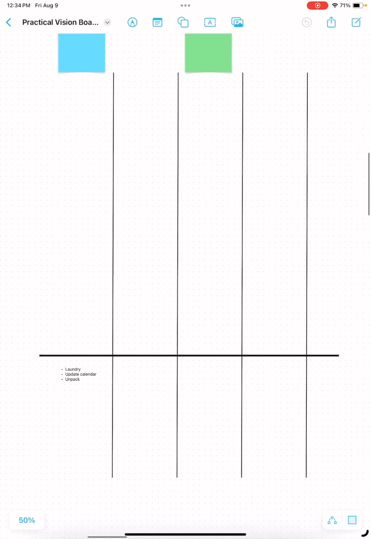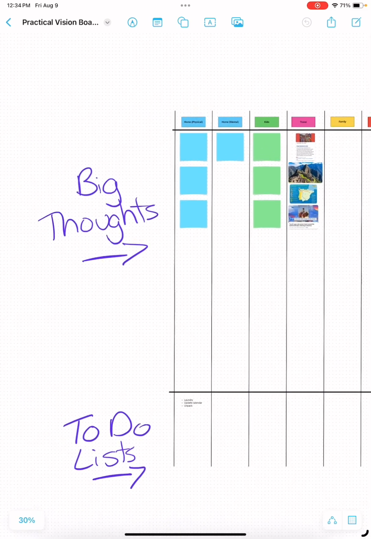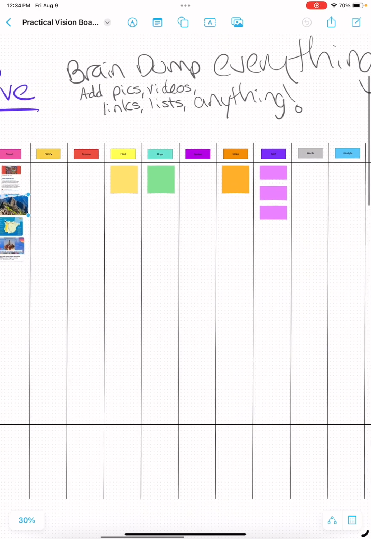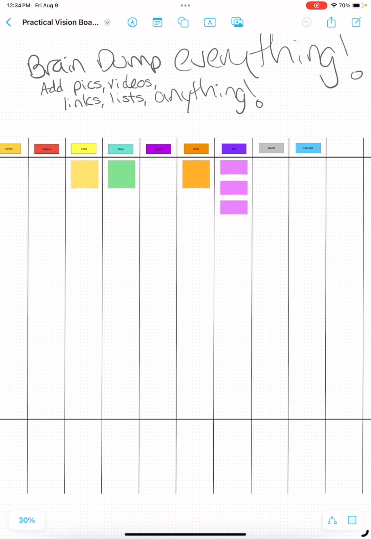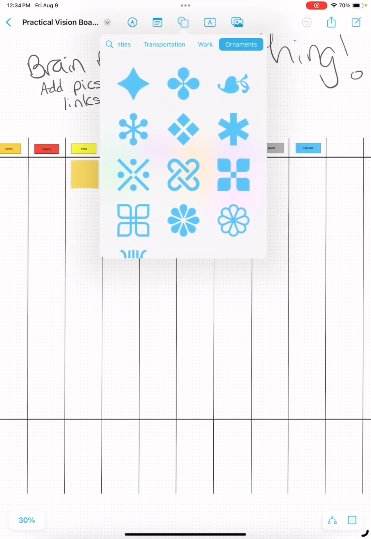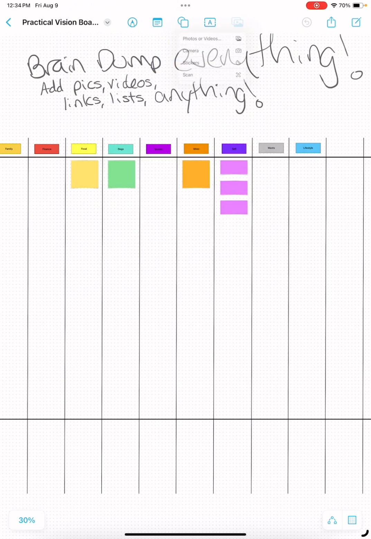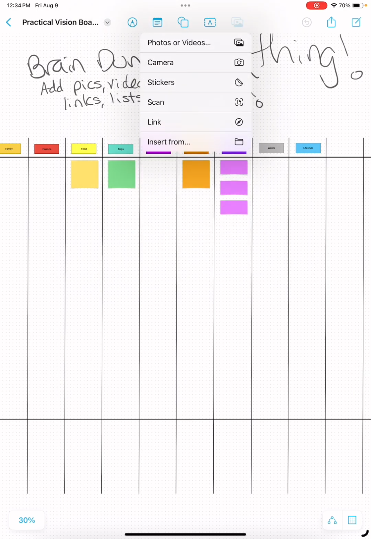There's also free templates all over. People use it for bullet journaling. You can also buy some on Etsy, but you can also make your own and do anything. You can add different shapes. There are all different kinds of shapes up here. On this one, you can do photos and videos,